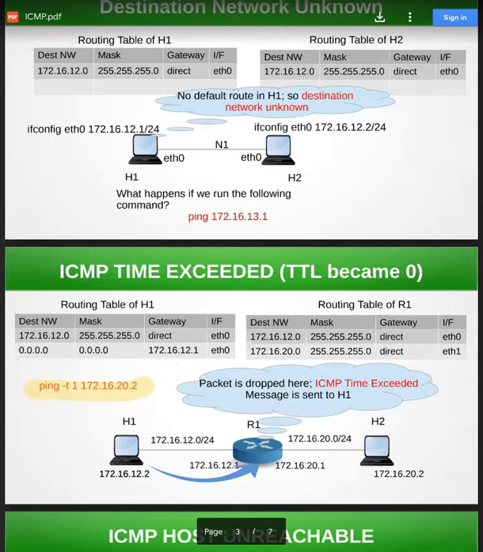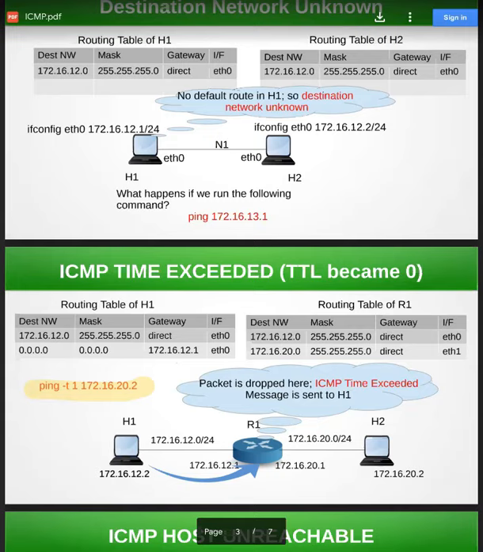So you can change the value of the TTL in the ping command. It's a very powerful and beautiful command, has many options. You can explore by doing man ping. Ping -t 1 says TTL is equal to 1, and I'm saying